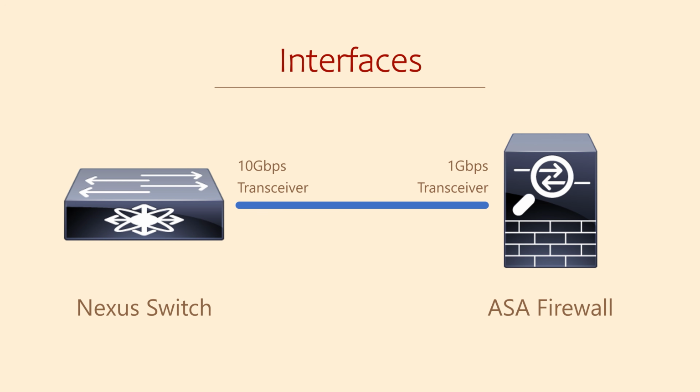Anyway, the problem is that the transceivers on both ends were hard-coded for 10 gig, but the firewall would only support 1 gig. I thought I could use the speed command to change the switch end to 1 gig to match the firewall, but it just doesn't work that way. Transceivers have a fixed speed that we can't change.